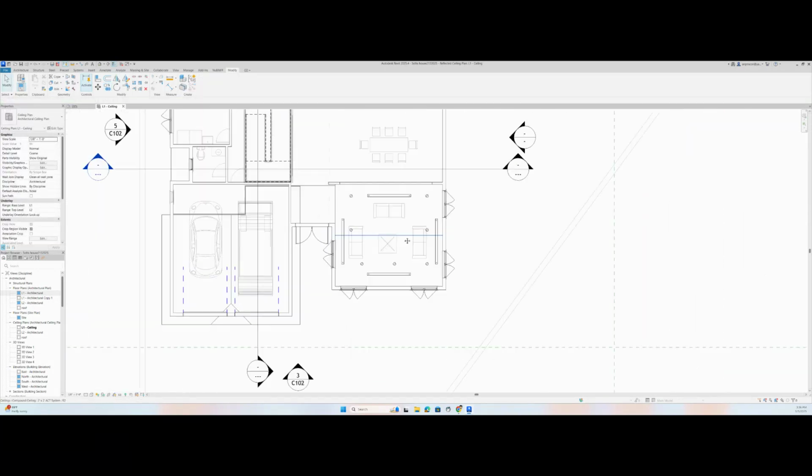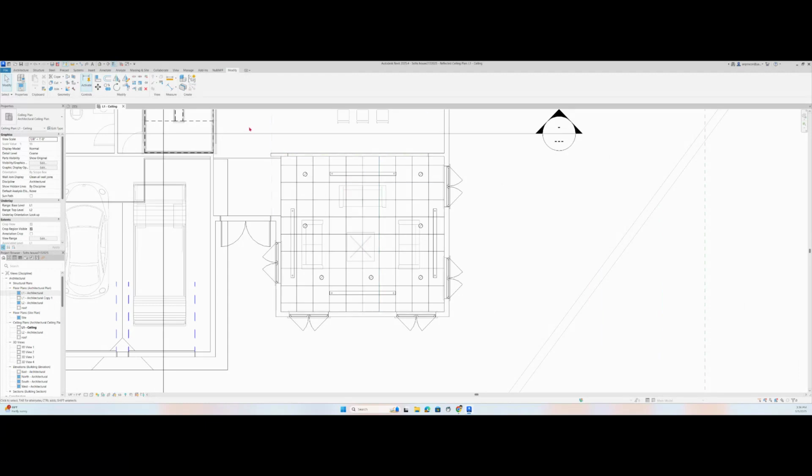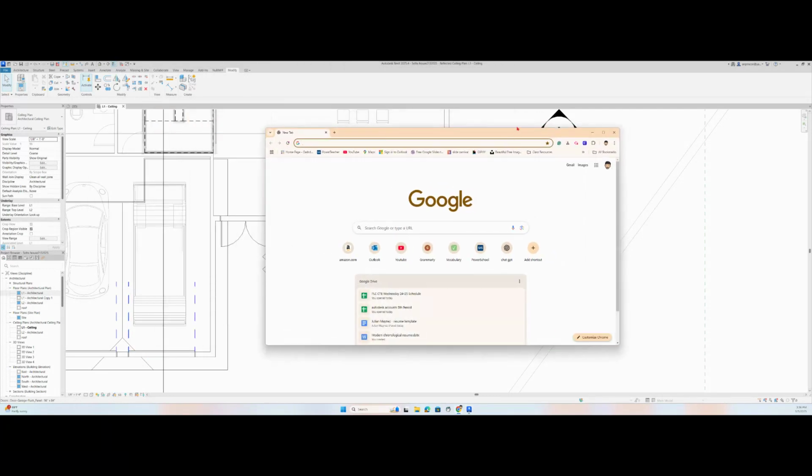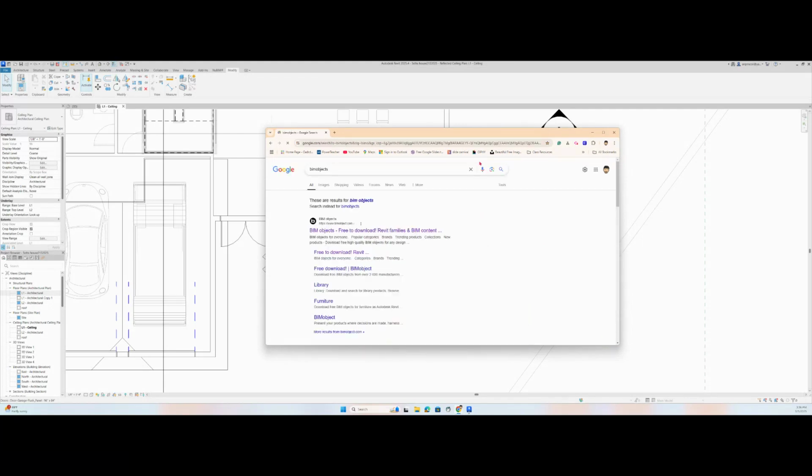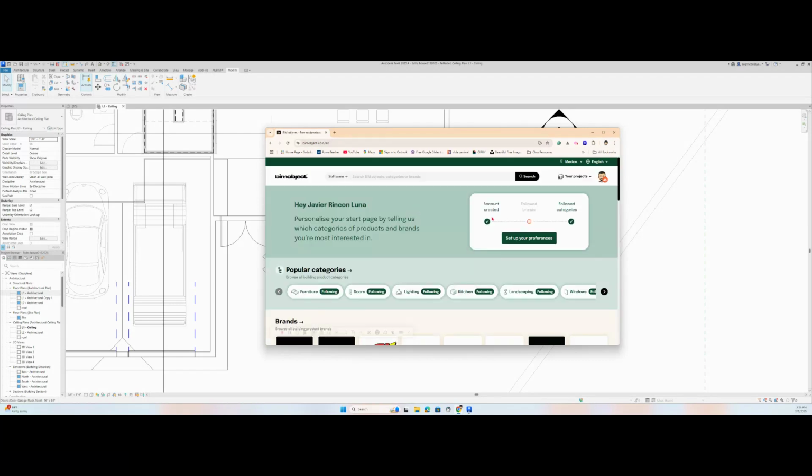Okay, so enough on placing lights, right? Let's go into opening a new tab, and I like this one. I like Revit City, and I also like Beam Objects, right? The website. And this one, you can sign in with your Autodesk account. You can sign in with your Google account. Right now, I'm signed in with my Google account, and I can look for a